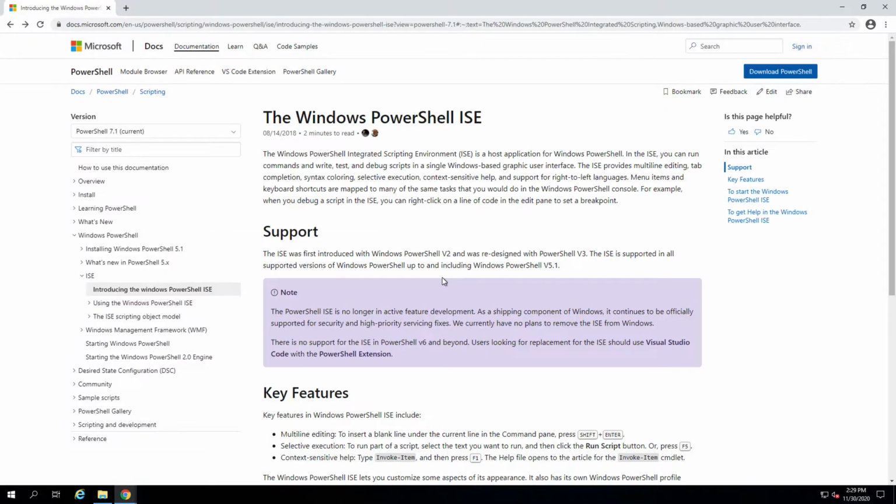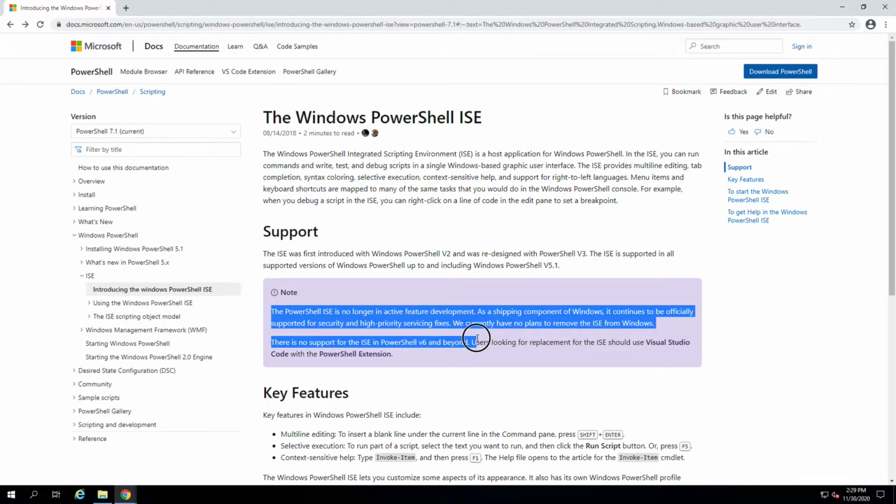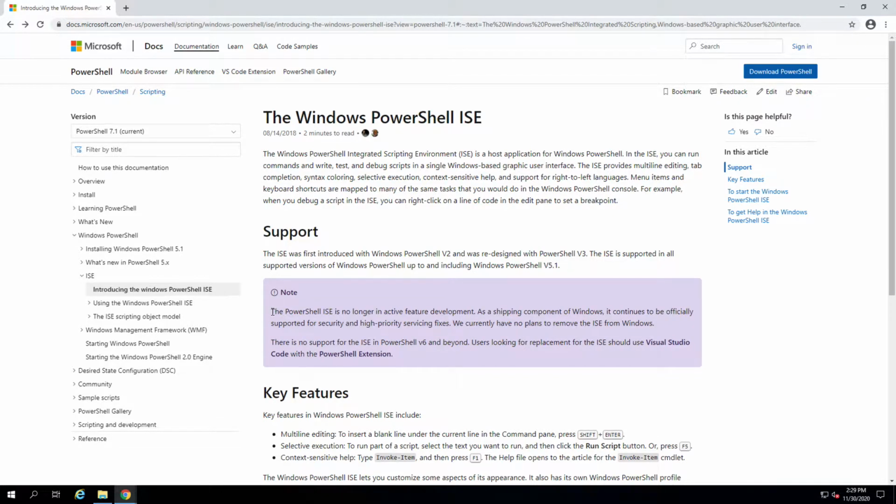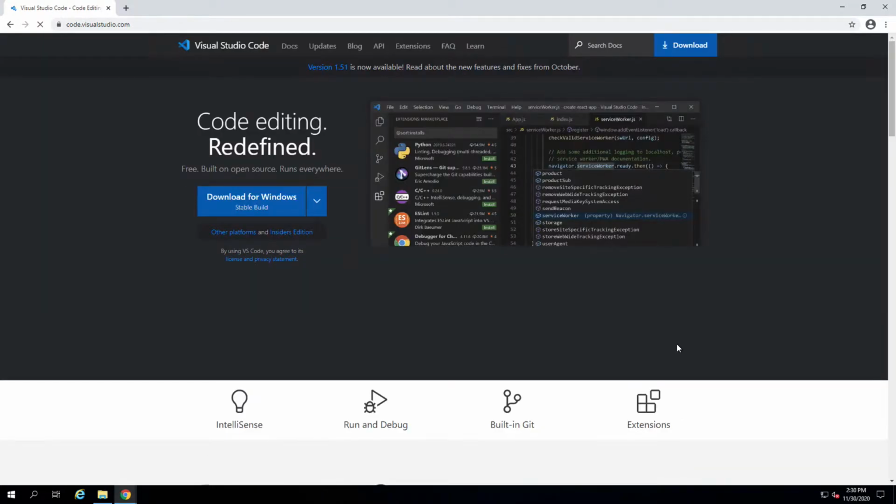But no saving. And as you can see here, PowerShell ISE is no longer in active feature development, which means that there will be no support for PowerShell version 6 and beyond. At the time of recording this video, we're at version 7.1.0, so this will not support the new versions of PowerShell. Since it's no longer in active feature development, it may not be as useful as Visual Studio Code. So I would recommend you work with Visual Studio Code, and I'll take you through the process of